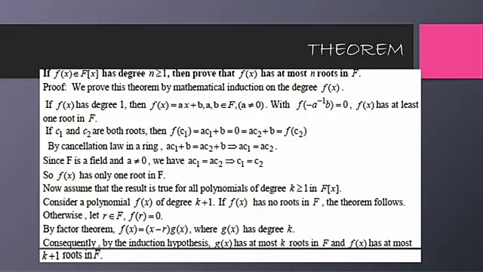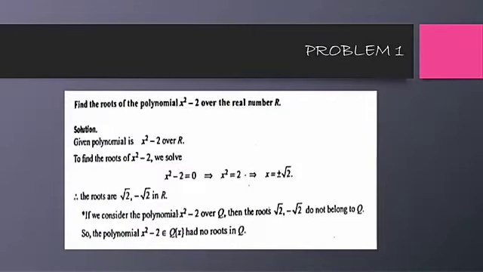Okay, so let's move on to the problem section now. So the first problem is finding the roots of the polynomial x square minus 2 over the real numbers, capital R. So just observe, what type of equation is it? It is a quadratic equation. They haven't mentioned anything more complicated. They've just asked you to find the roots over the real numbers R, right? So since it's a quadratic equation, you can easily solve it. So given the polynomial x square minus 2 over R, you equate x square minus 2 equal to 0,